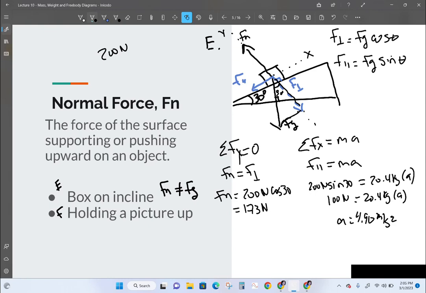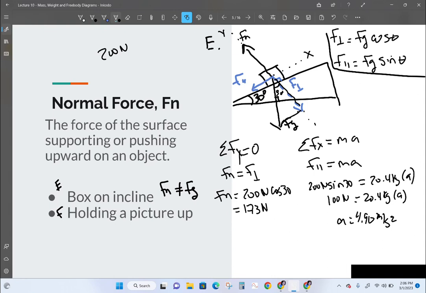So do you see how I did this? First of all, you guys can definitely have this on your cheat sheet on your tests. This would be what I put on the note card. You're always going to have this diagram here. It's always going to be drawn with F parallel, F perpendicular, Fn, and Fg. And you can write down these equations so you don't have to memorize them. But what you do need to memorize is